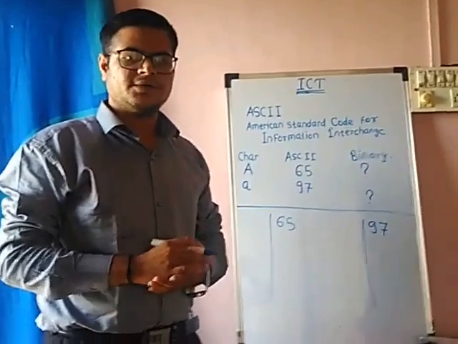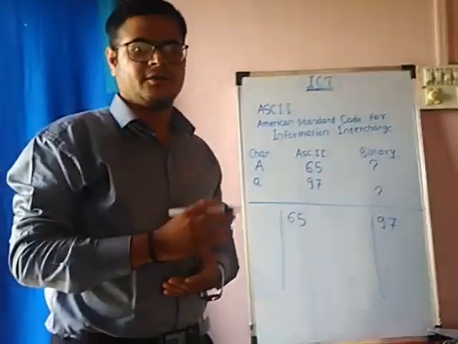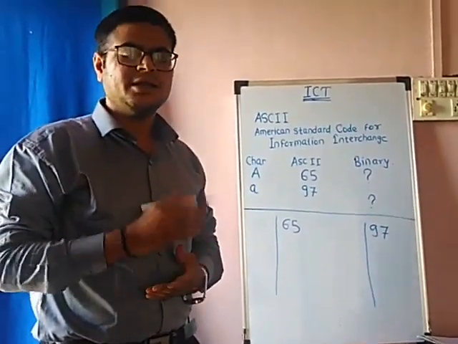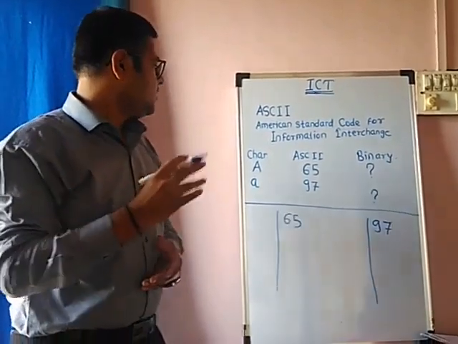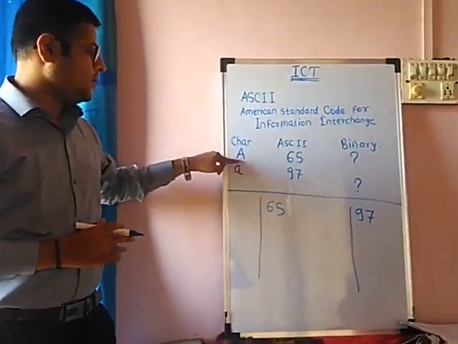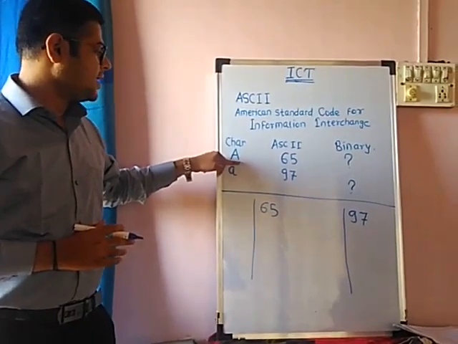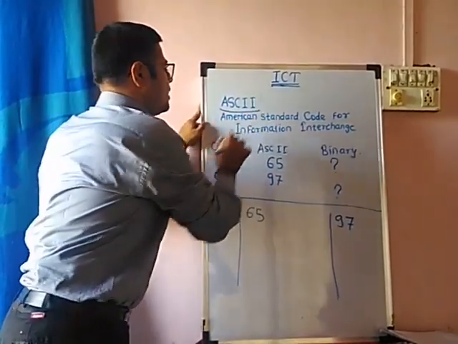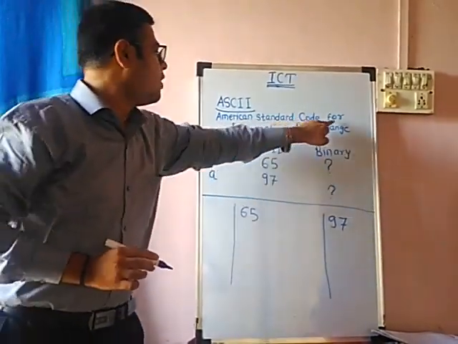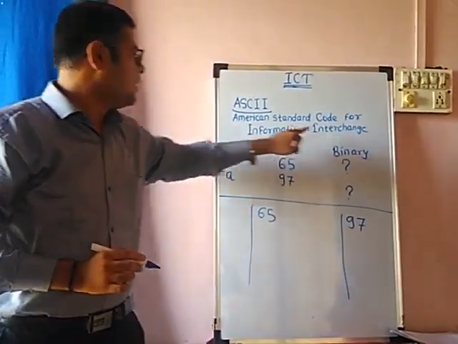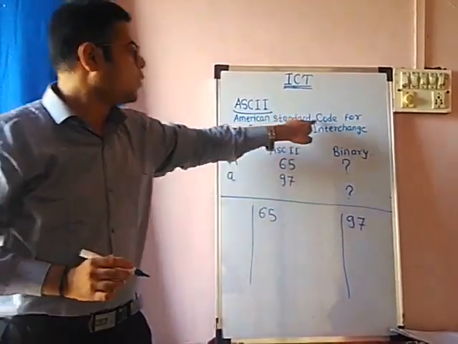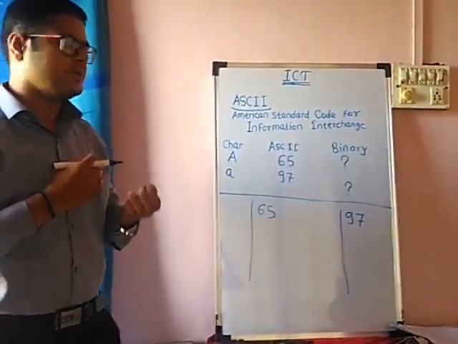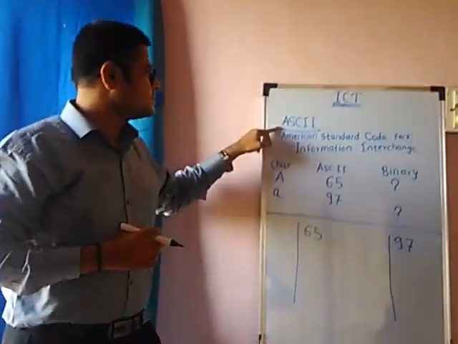Students, just now I have said that computer accepts binary language. So it actually does not directly accept the binary language. It is actually a two-step process. In the first step, when you type A on your keyboard, the code gets converted into ASCII. Now what is ASCII? ASCII stands for American Standard Code for Information Interchange. I'll repeat, American Standard Code for Information Interchange. Means when you exchange the information to a computer, there is a standard set of codes.